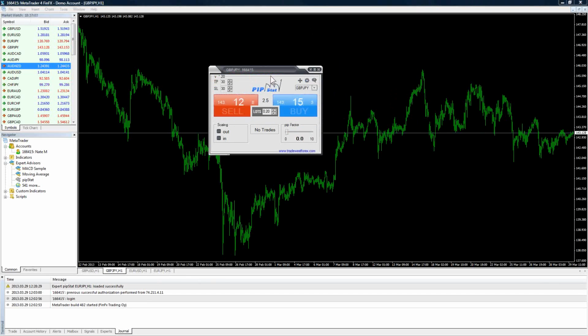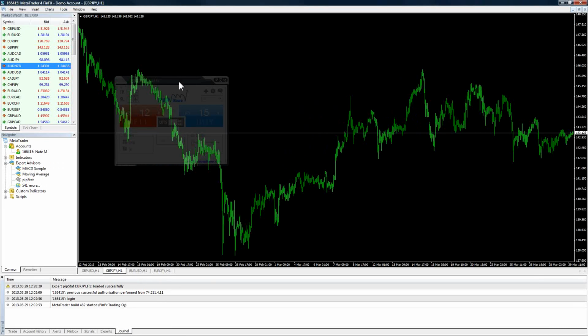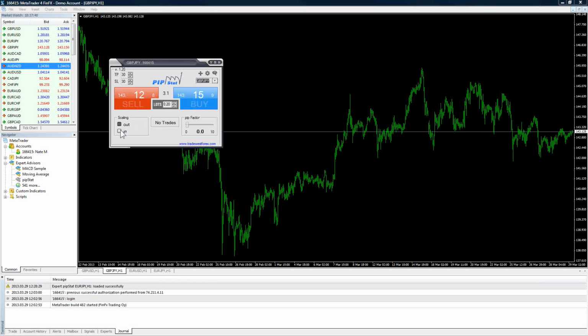Another thing it does, you can tell just because of the size of it, is that it conveniently hides itself. It goes a little transparent, so you can still see the history of what your chart's doing. Okay. There are several different elements to it, and you can see at the top left here, starting out with take profit. It starts out at a default of 30. Stop loss starts out at 30, and you can see your sell, your buy, and your lot size right there, confirming your actual currency pair. It shows you're scaling out, showing it's got no trades, and then Pip Factor. Okay. Scaling out and scaling in, obviously.